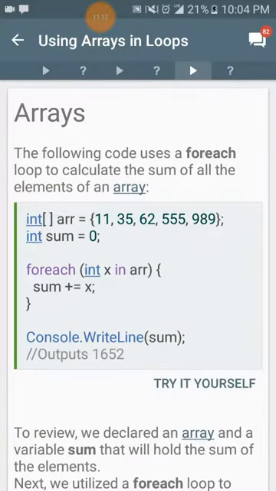The following code uses a foreach loop to calculate the sum of all of the elements of an array. int[] r = {11, 35, 62, 555, 989}; int sum = 0; foreach (int x in r), in the body of the foreach loop we have sum += x; and then outside of that foreach loop, outside of the curly braces, we have Console.WriteLine(sum); What that does is it adds 11 plus 35 plus 62 plus 555 plus 989 and gives us the